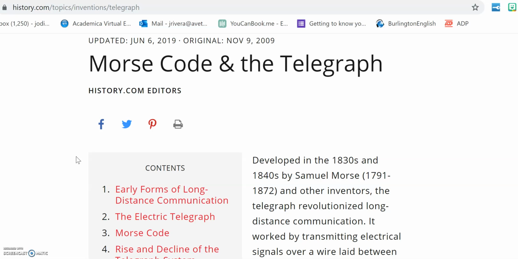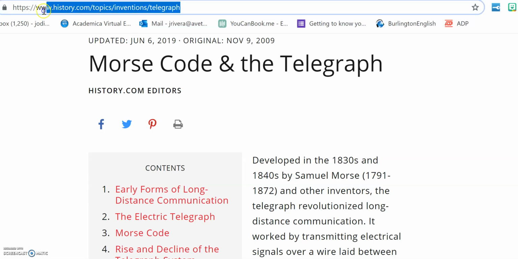I just wanted to give you a quick tutorial today on how to use the citation machine on the Purdue OWL website to create citations for the websites or other sources that you might be using for your work in dual diploma. Let's say, for example, I was searching up information on the Telegraph on a website like